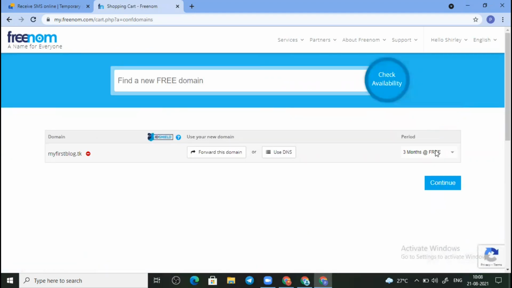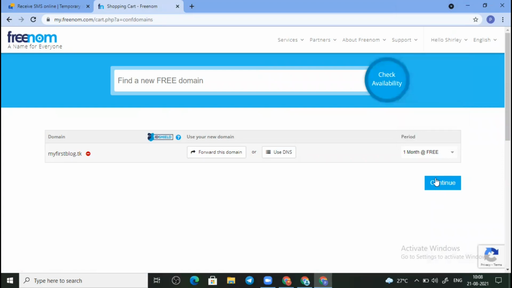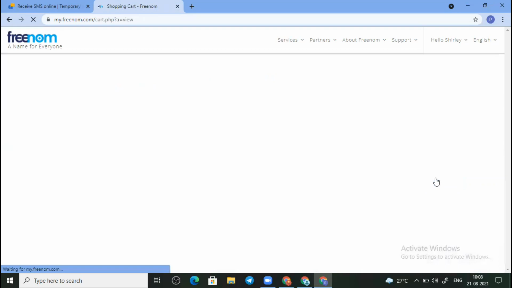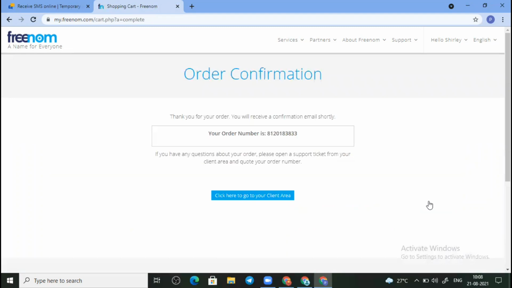Now select the period as you want. I'm selecting here 1 month. You can select up to 12 months. Then continue. And then click on the terms and condition box and say complete order. Now there it is written that order is confirmed.